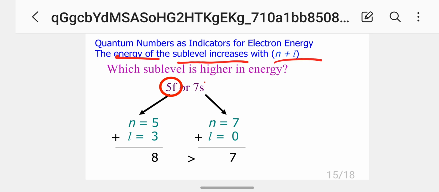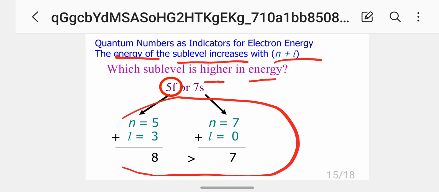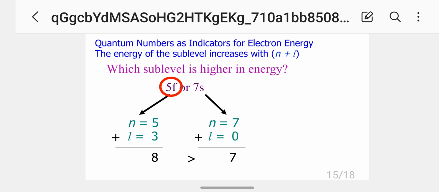So which sublevel is higher in energy? Is it 5f or 7s? What do you think? The solution has been given. You can derive your answer from the solution very easily, but